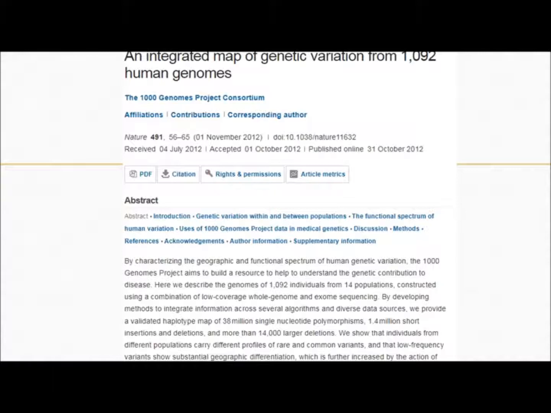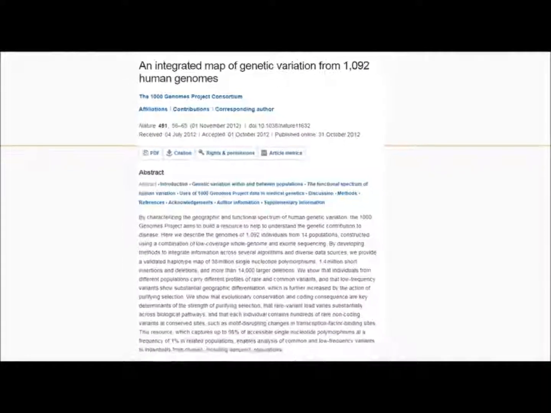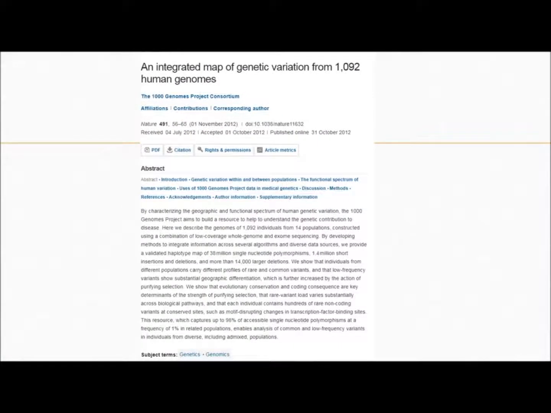Here we describe the genomes of 1,092 individuals from 14 populations, constructed using a combination of low-coverage whole genome and exome sequencing. By developing methods to integrate information across several algorithms and diverse data sources, we provide a validated haplotype